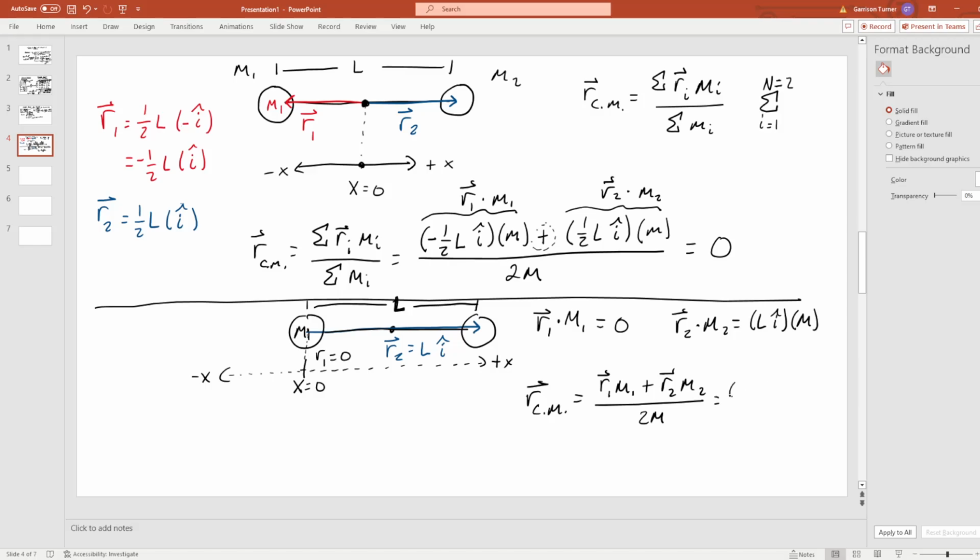So this is going to be 0 plus Lm in the I direction divided by 2m, and this is going to be L over 2 in the I direction, which is exactly what that distance right there is. So my center of mass hasn't changed position in my system, but its coordinate has changed based on my shifted axis. Okay,